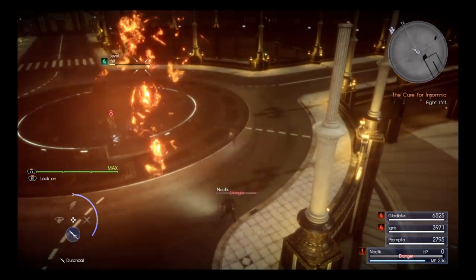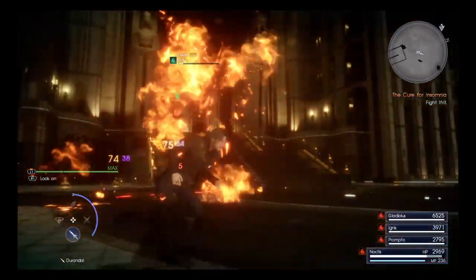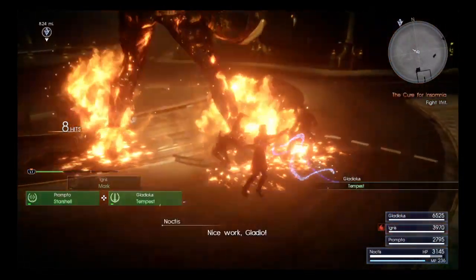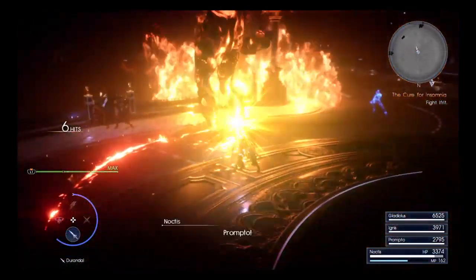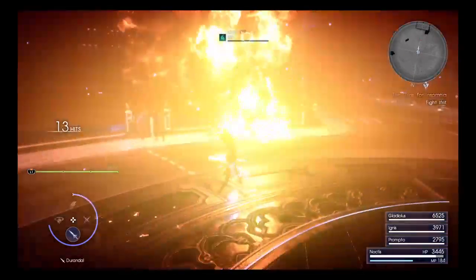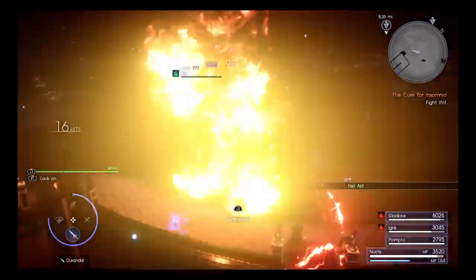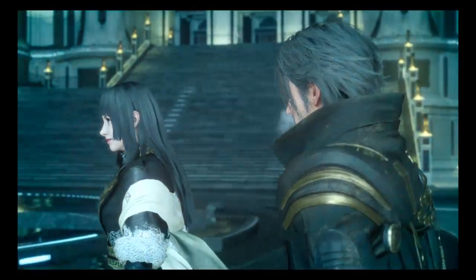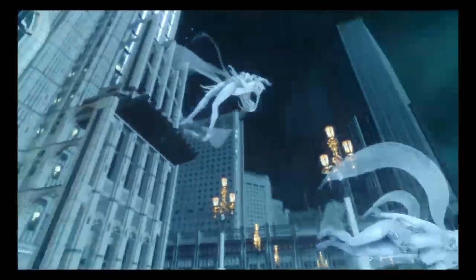Oh, potion time. And, oh, it knocked me out of the armature mode. Shit, I was gonna do the super hitter. Nice work, Gladio. Move it. Okay. Get him! Ah, I think I have to beat him with the summon, considering. Bring it out, Shiva. We beat his ass into the ground just ourselves, so...